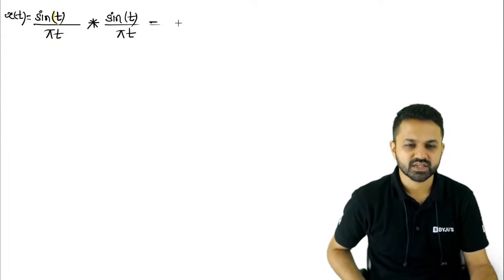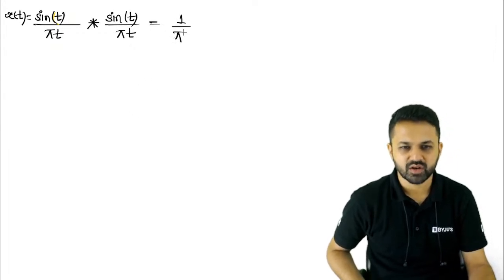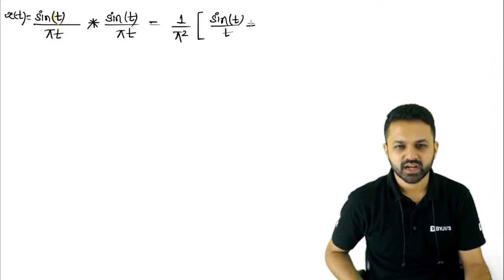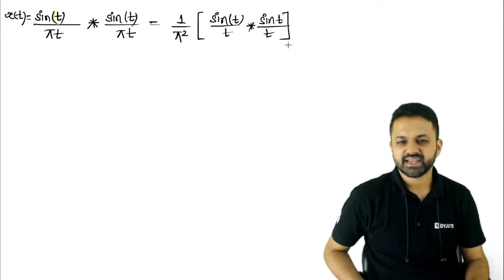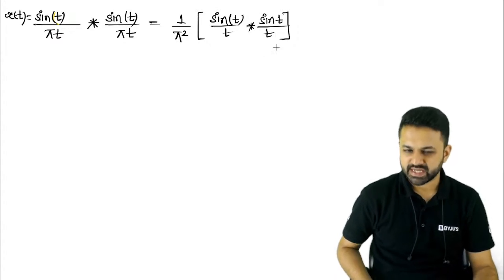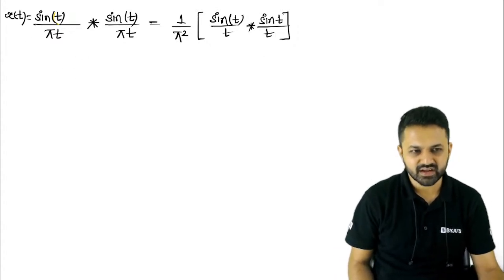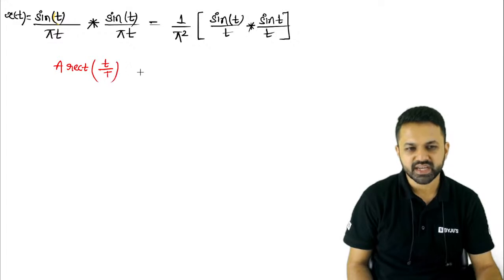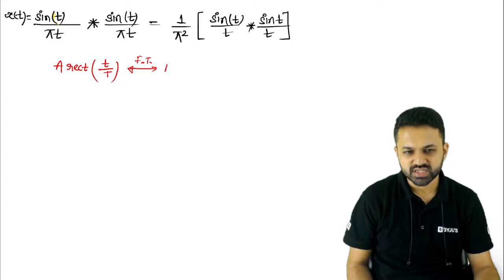ठीक है, अब इसमें आप क्या कर सकते हो कि 1/π² को बाहर ले लो। तो 1/π² को हम बाहर लिए, तो ये बन गया sin(πt)/t कन्वॉल्व विथ sin(πt)/t। अब sin(πt)/t जो होता है वो सैम्पलिंग होता है। तो सबसे पहले हम ये समझते हैं कि रेक्टेंगुलर का फोरियर ट्रांसफॉर्म क्या होता है। A रेक्टेंगुलर अगर t अपॉन कैपिटल T के फॉर्म में लिखा है तो इसका फोरियर ट्रांसफॉर्म होता है